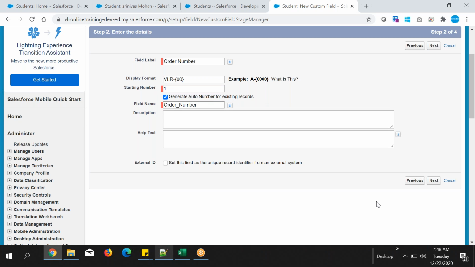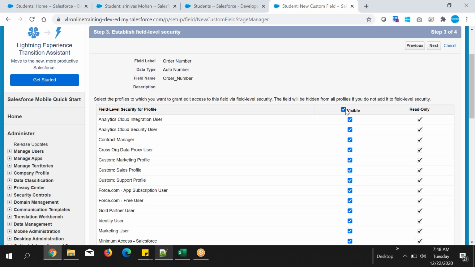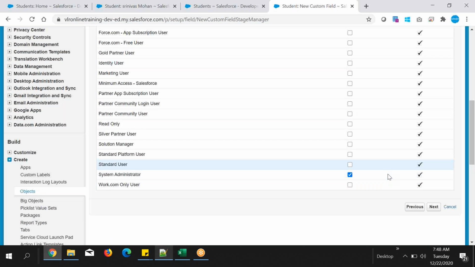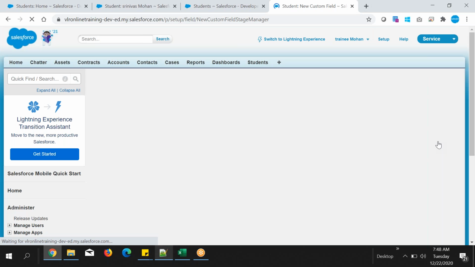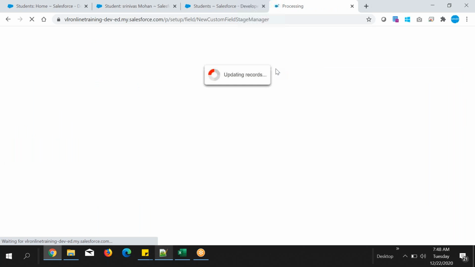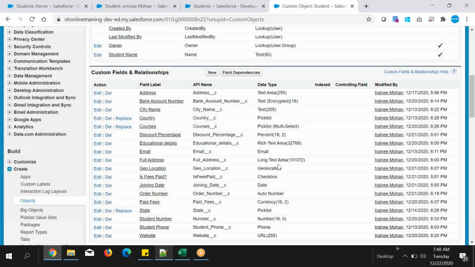That's it, and click on next button. And assign this field to, so all users are only, so one user, next button. Okay, finally save it. So that's it. You have created auto number field,